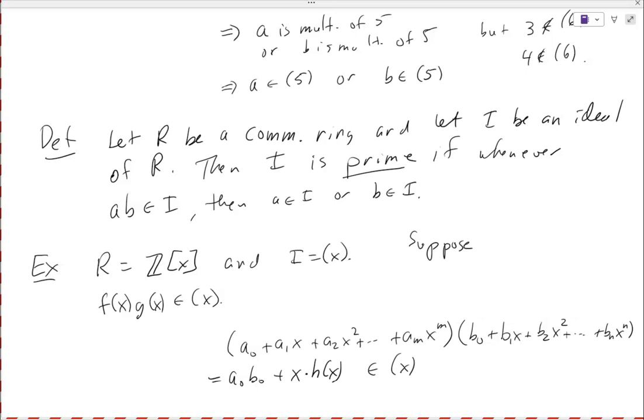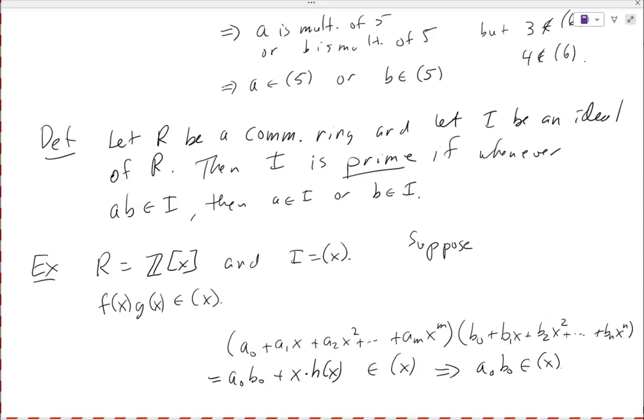If I take two elements in an ideal and subtract them, their difference is in there, correct? So this would imply